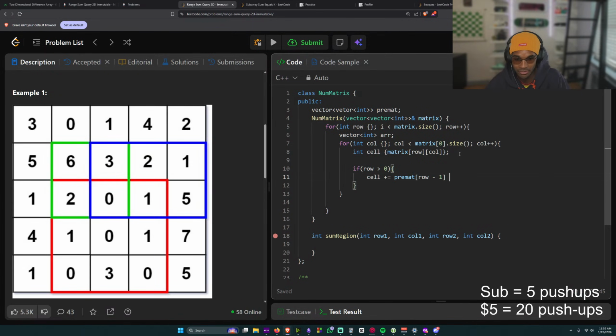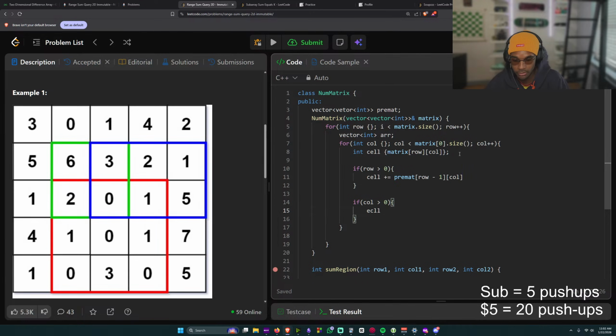If col greater than 0, then cell plus equals pre-mat at row, then col minus 1. So that gets us the accumulation of the previous ones.